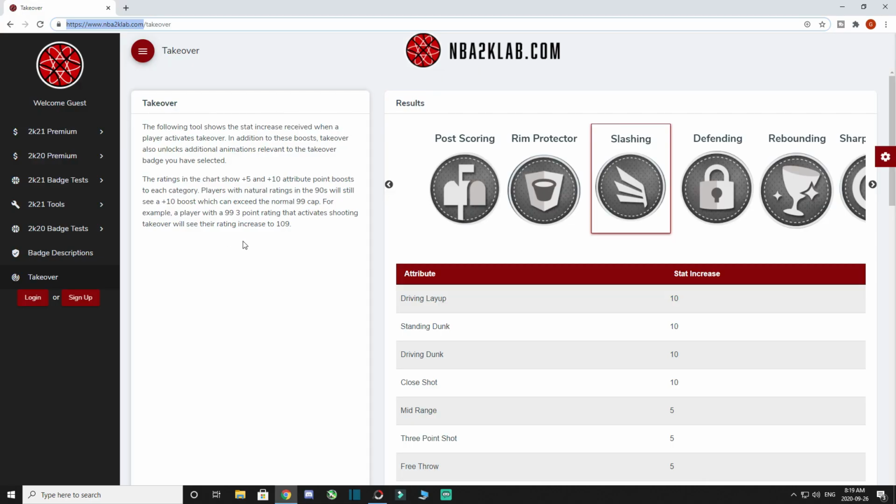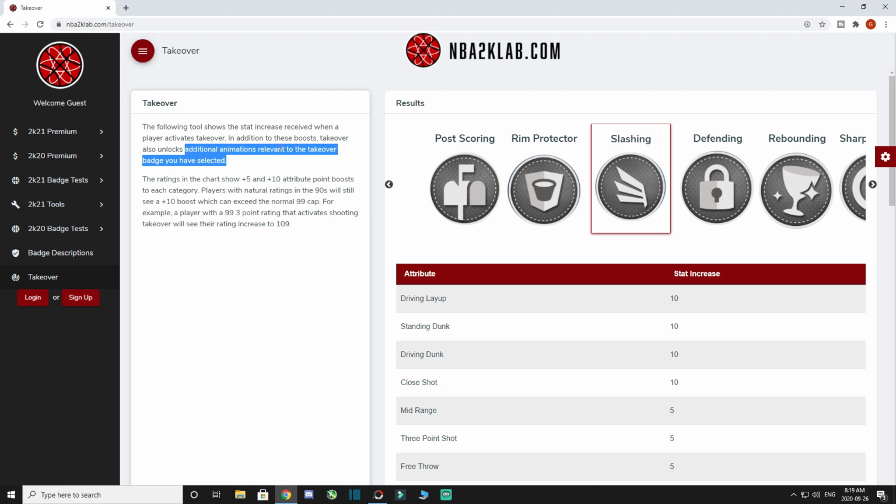Alright, so really quickly I just want to break down this little bit of extra information that they give on the side right here before we get into the actual takeovers. Basically what this says is additional to all of the extra attributes that every takeover gives, it gives additional animations for certain takeovers, and I'm going to get into what those animations are and what they do, but just know that it's not just the attributes that every takeover gives. So even if some takeovers give better attributes, there might still be advantages to taking other takeovers in terms of